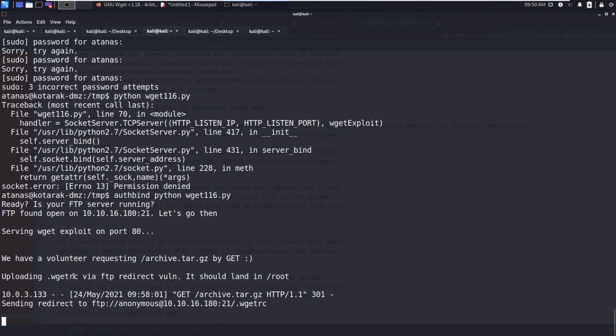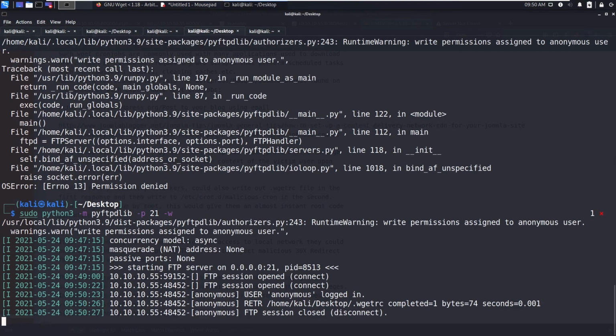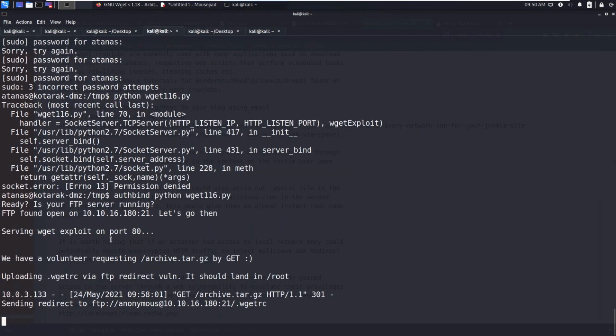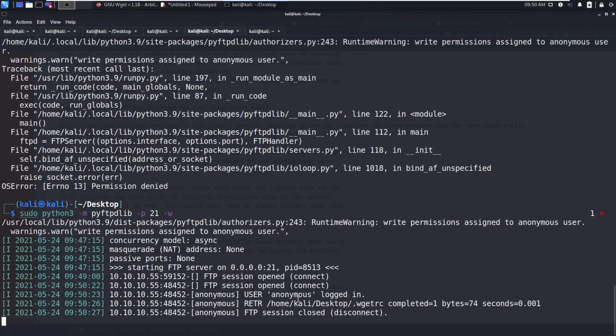Okay, now we can see the GET request from the IP address, and now we are redirecting to this FTP, anonymous at Kali. So anonymous is anonymous login. You can see 10.0.3.133 has been logged in as anonymous and fetched the file wget-rc.